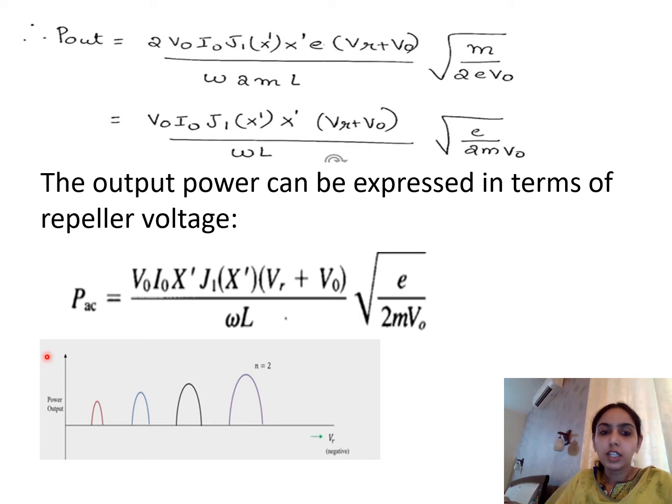When we plot the characteristic of the power output and the repeller voltage, for example in MATLAB, we can say that the output power assumes a bell shape. From this expression we can say that whenever the repeller voltage is varied from the center voltage, or even when the frequency, which we also denote in terms of ω, varies from the center frequency, the AC power, the output power, will be affected, and it is going to assume a bell shape as shown in the figure. So this is the power output versus repeller voltage characteristic.